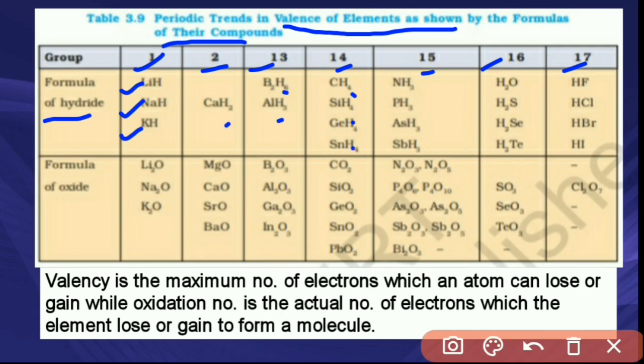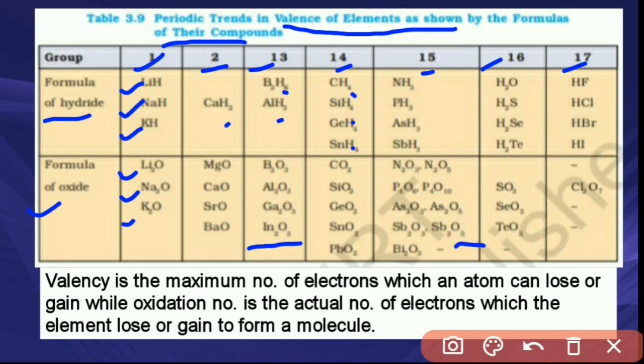And formula of oxide, for group number 1: lithium oxide Li2O, sodium oxide Na2O, potassium oxide K2O. And we can see that for group number 2 to 17, the number of oxygen is variable for other groups of